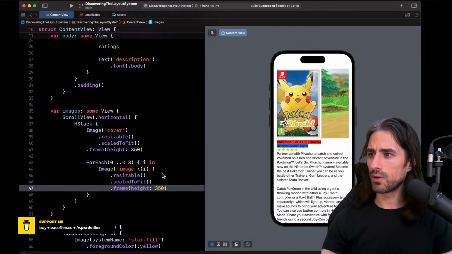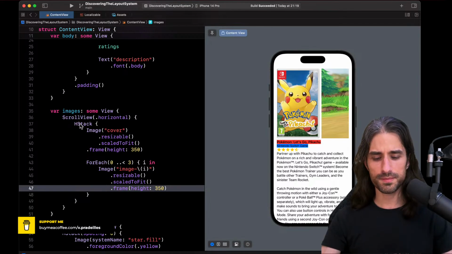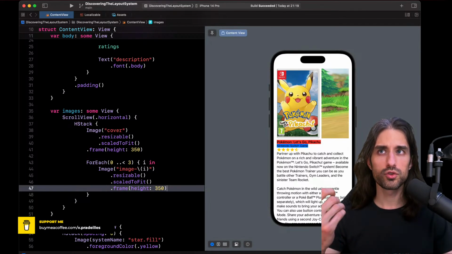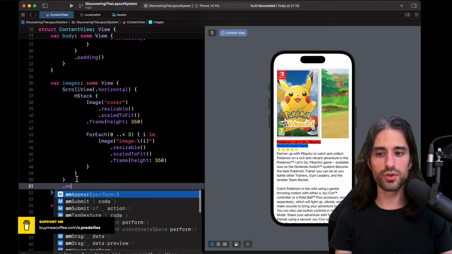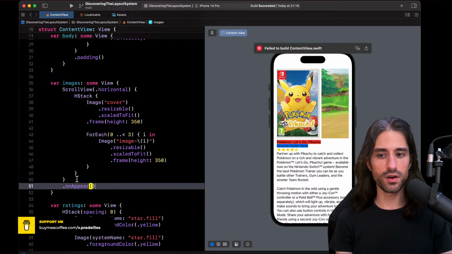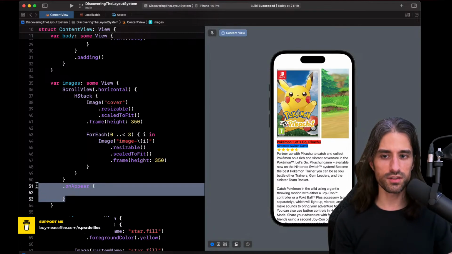Okay, so how can we interact with the scroll view in our code? I said that I want to make the scroll view scroll when the view appears. So running some code when the view appears is actually quite easy. There is a modifier for it, which is called onAppear. You can call it on basically any view. It takes a closure that will be called when that view appears on the screen. So running code when the scroll view appears, no problem, we've just taken care of it.